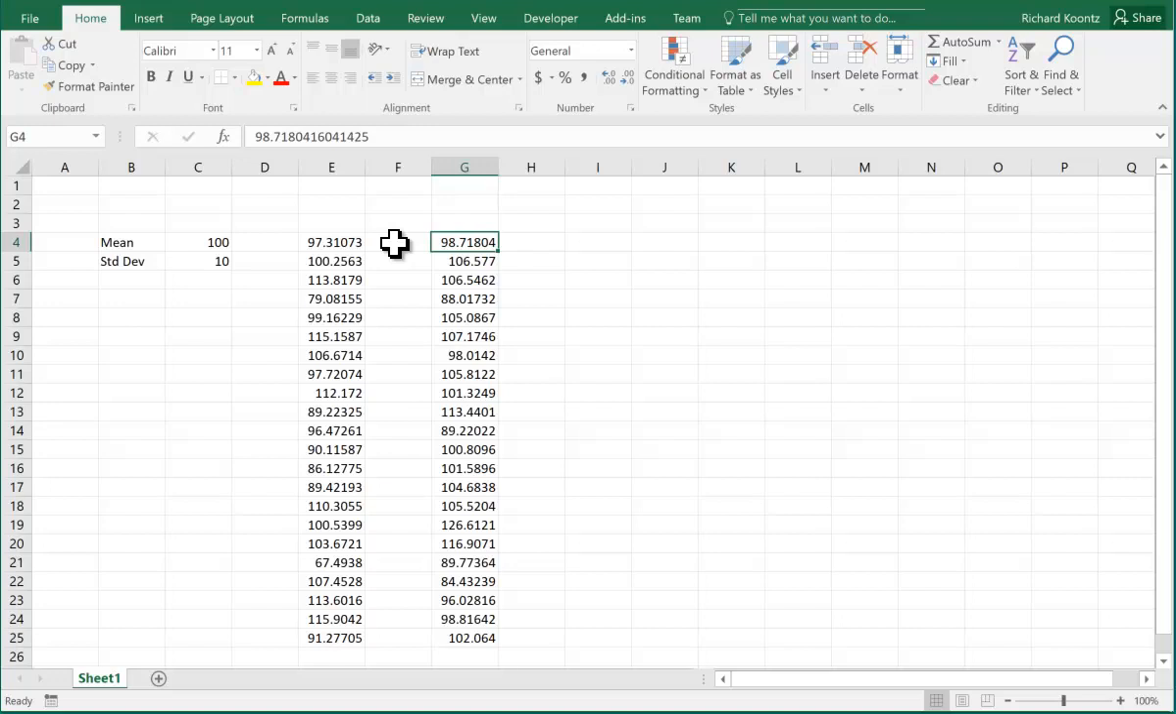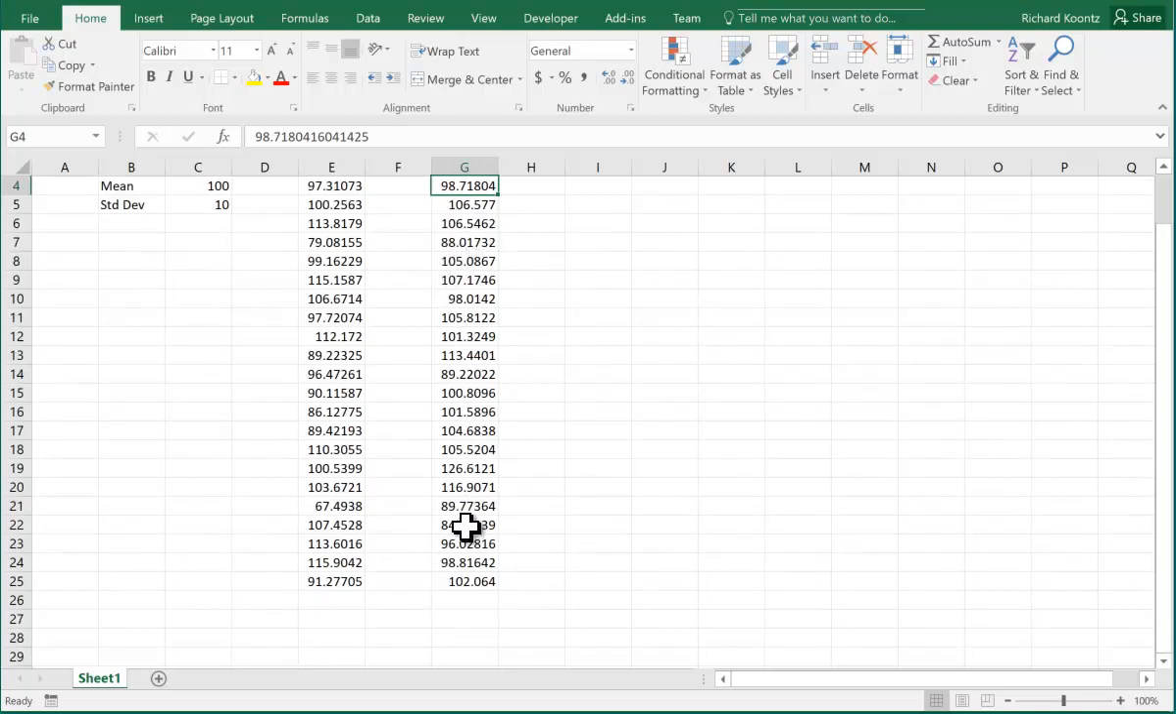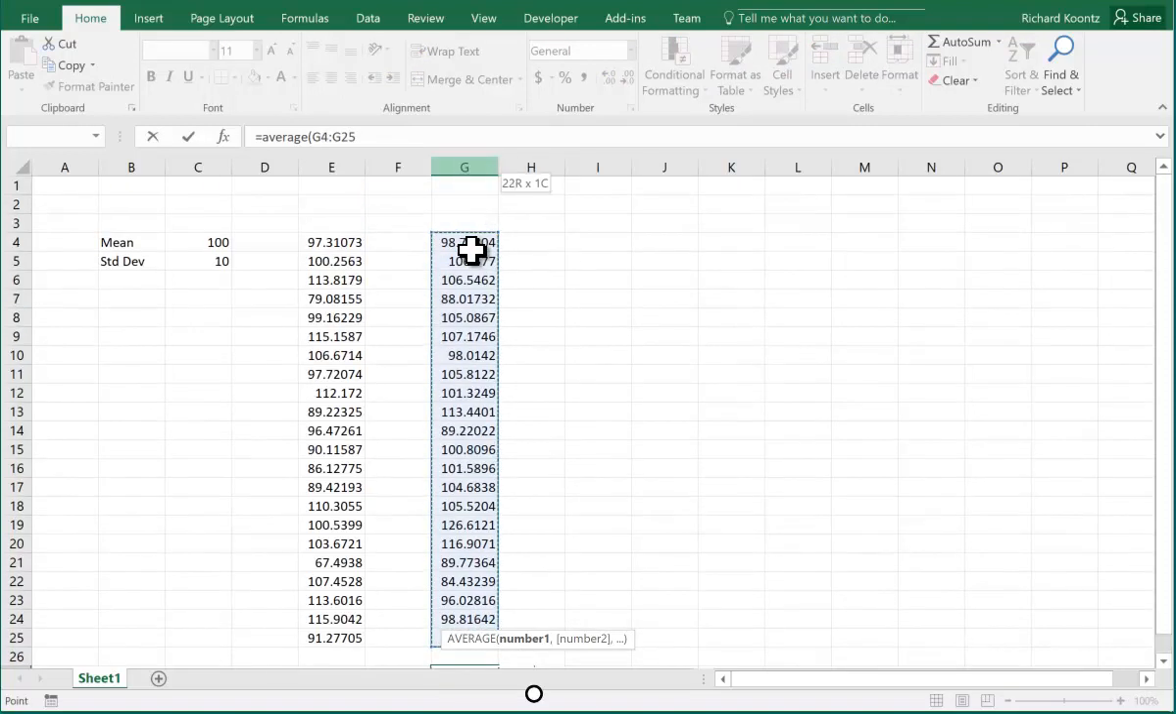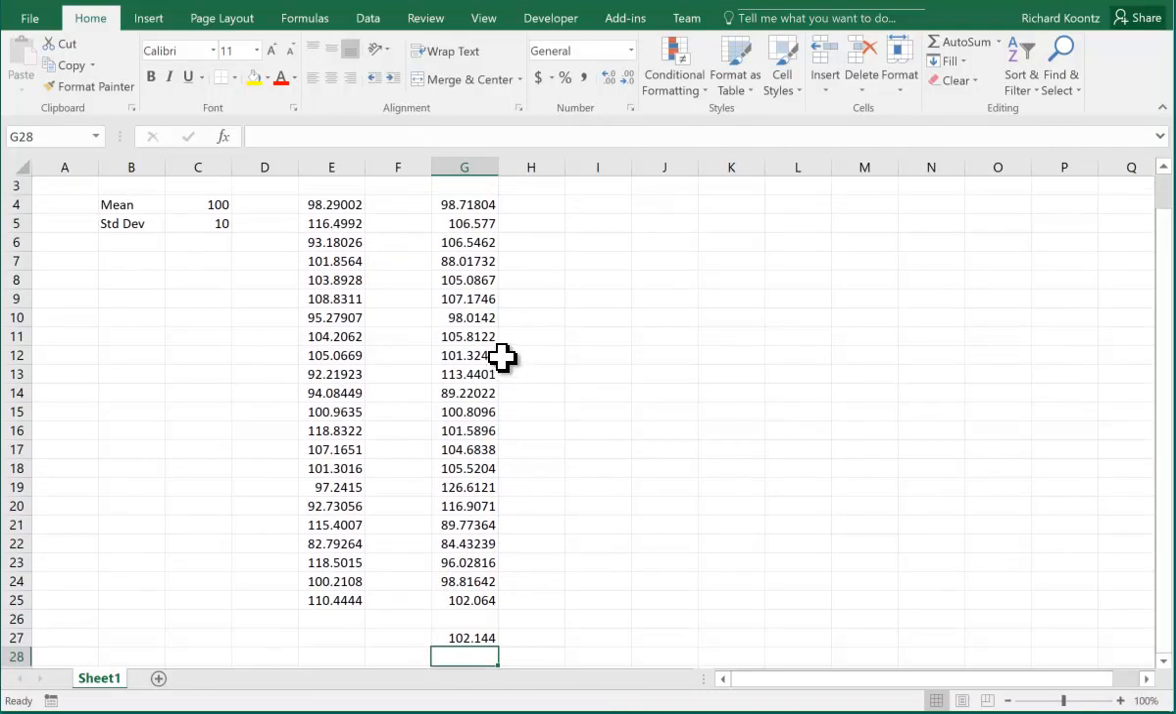It should be normally distributed. The mean of this data should be close to 100. The standard deviation should be close to 10. And we can check that very quickly by just getting the average. So equal to AVERAGE, and then the range of numbers. And you can see that the mean is not exactly 100, but it's close. And our standard deviation,